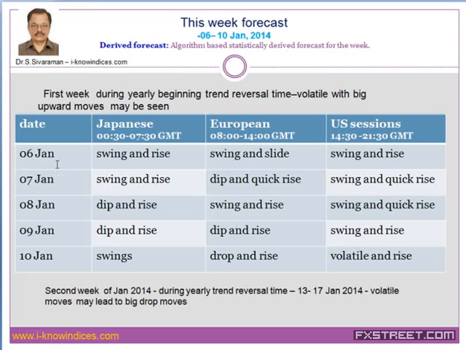And we have already seen the 6th January move, and they started making the swing and rise, and also the slide during the European session made the downward stop and then started gaining the levels during the US sessions. Then today is 7th of January. They are expected to make the swing and rise moves during the Japanese session. Then a small dip during the European session start as a downward stop, and already they are doing it in the case of GBP.